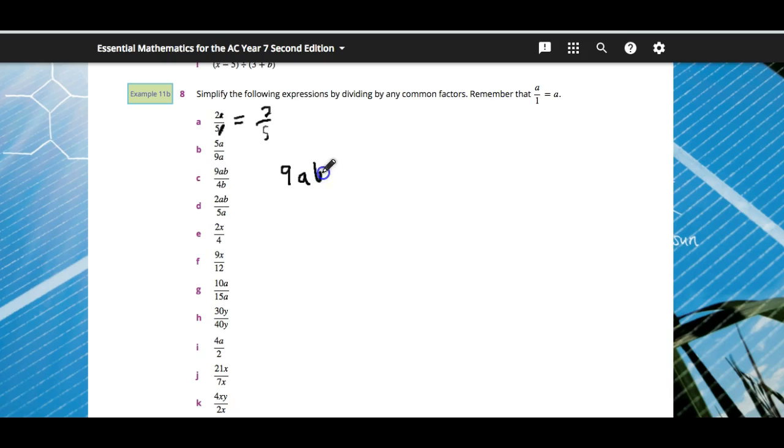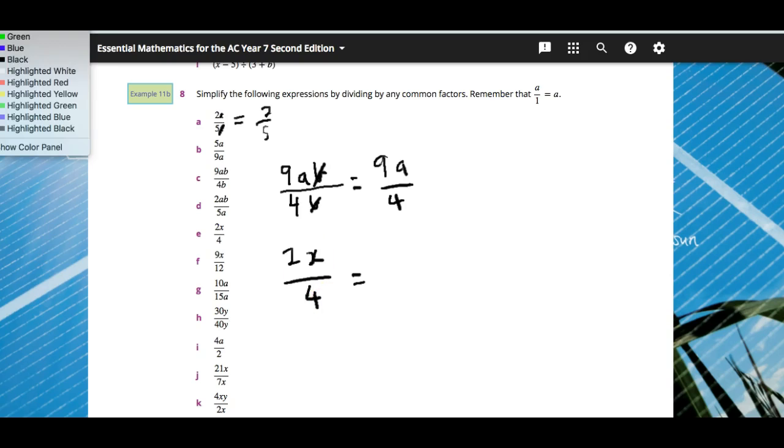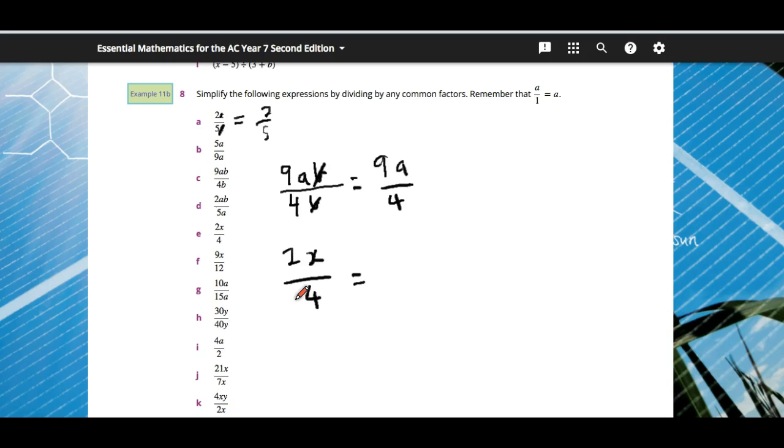question C, 9ab over 4b. Okay, so the b's cancel out, and I'm left with 9a over 4. You don't have to put that into a mixed number, just keep it as an improper fraction. But when you get to questions like E, so we have 2x over 4. Remember that 2 and the 4 can be simplified. So you basically have to do your working out on your page with your fraction, and it's just more efficient